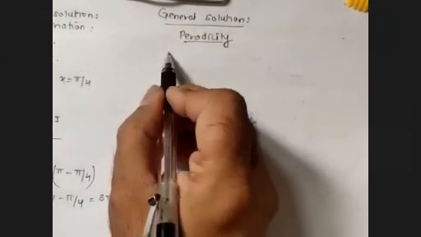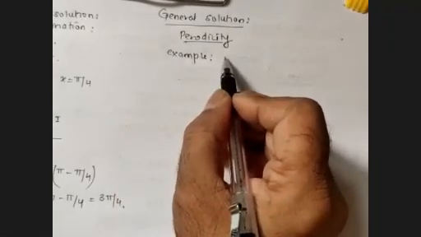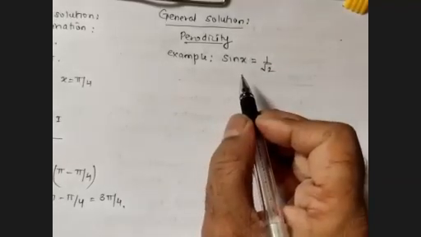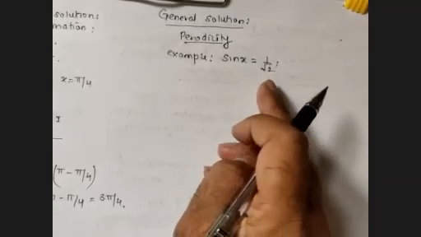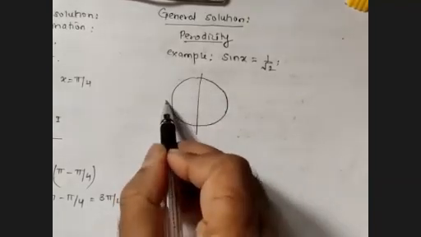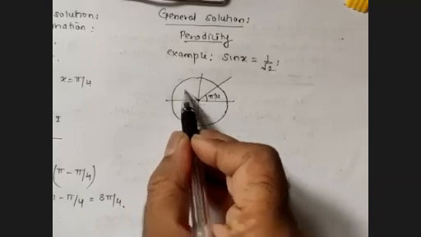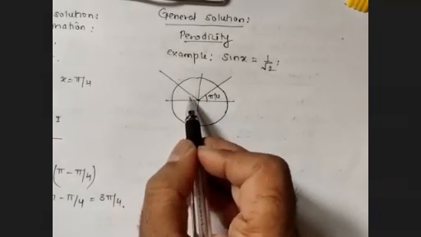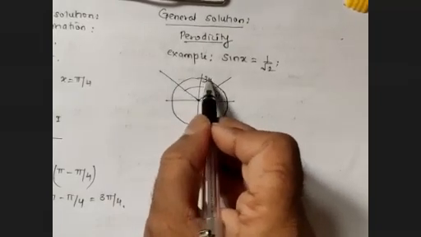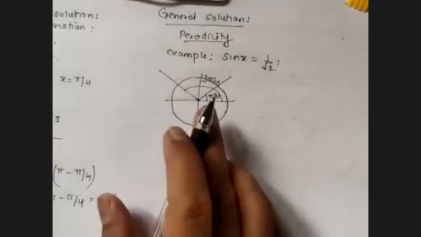Say for an example, if we have an equation sin x is equal to 1 by root 2. So this 1 by root 2 value, as we have discussed, ये यहाँ पे हो सकती है 45 पे, और यहाँ पे हो सकती है 180 minus 45. यानी इसका जो दूसरा एंगल आएगा वो आएगा 3 pi by 4. बट अगर आप ध्यान से देखें,